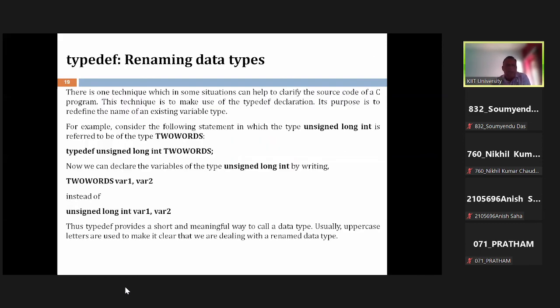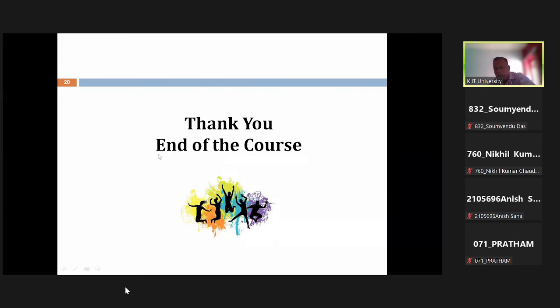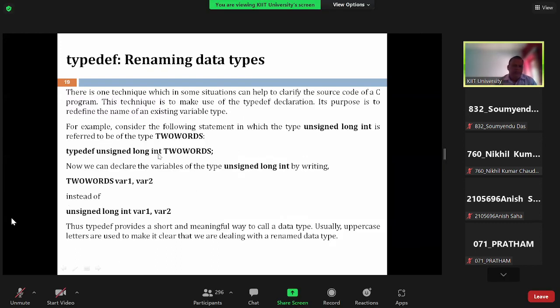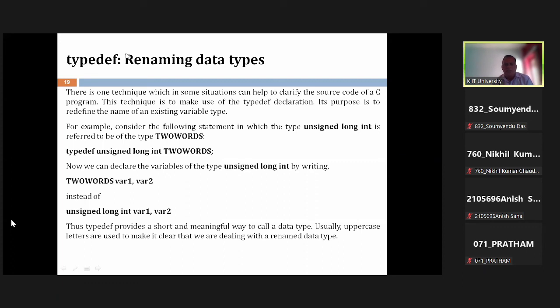Last is only typedef. Typedef is basically used for shortening the data types. Suppose I have a data type. Look at the data type here. I am writing unsigned long int for a number. We define the variables unsigned long int, variable 1 and 2. It's a very long declaration. I can write typedef